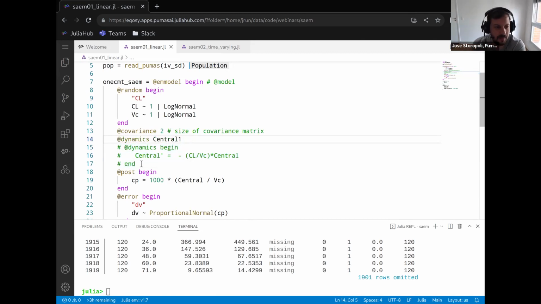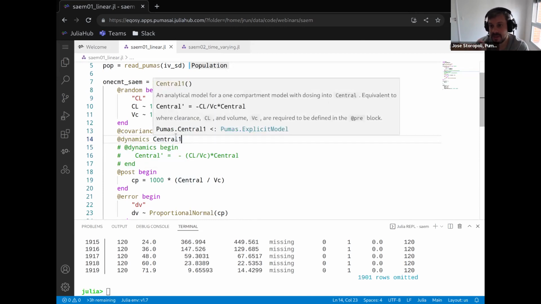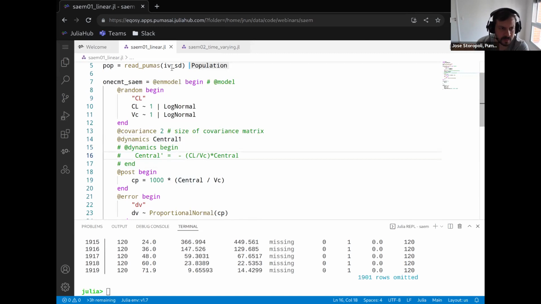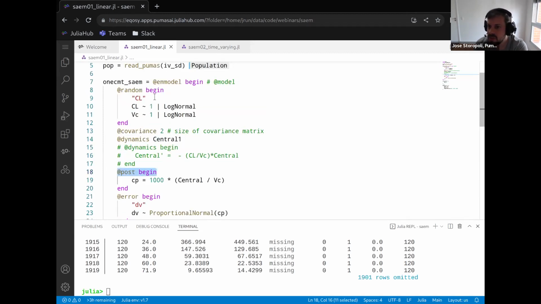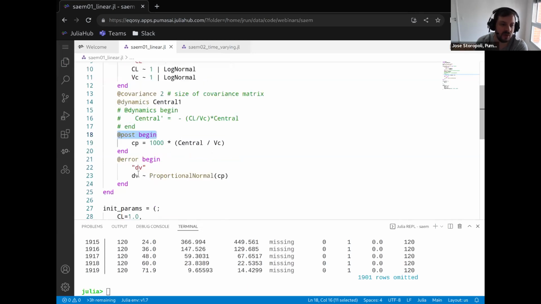So it's pretty much the same, but we can use this keyword here, central one, which is pretty much one compartment, central model, IV model. We have all of those in the Pumas documentation. Then we have post and pre. Here we don't have any pre-computations, but we do have a post computation where we scale back our